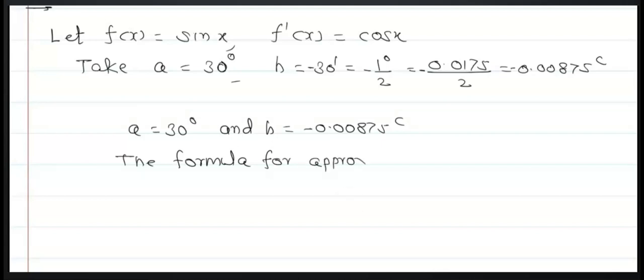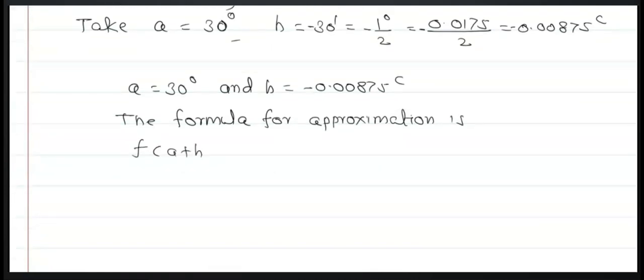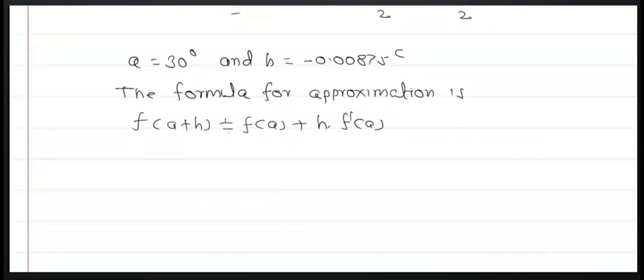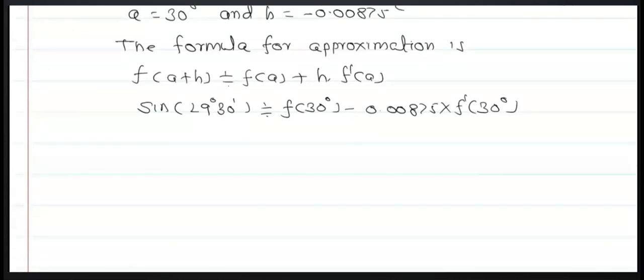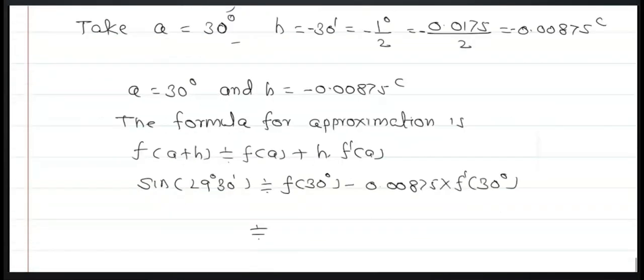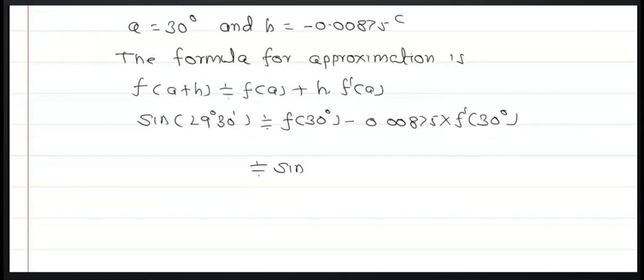The formula for approximation is f of a plus h is approximately equal to f of a plus h into f dash of a. So sine of 29 degree and 30 minutes is approximately equal to f of 30 degree minus 0.00875 into f dash of 30 degree. And now their values. F of 30 degree, what is its value? That is sine 30 degree